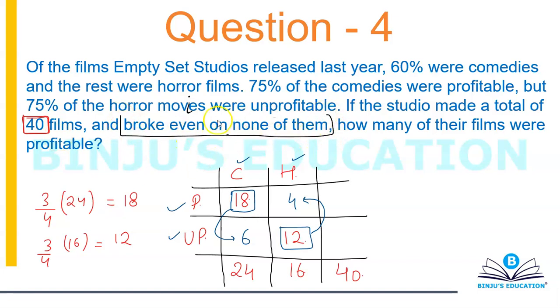I want you to understand, these are small things. In some other question it will be something else. You need to notice all these things when you're reading the question, in the first go itself. This statement specifically says that none of the films broke even. That means there were no movies which were neither profitable nor unprofitable, that is, the amount that was invested, they got exactly the same amount when they launched the movie.